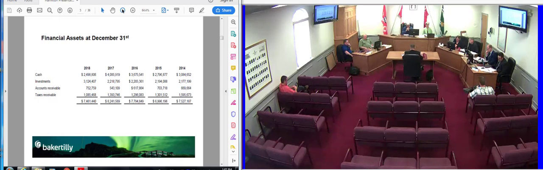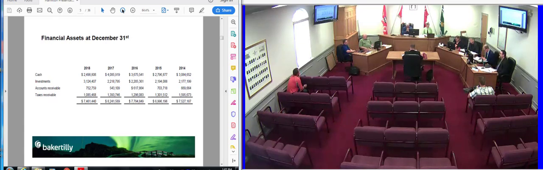But still, you're sitting in a fairly healthy position there as well. Accounts receivable, the amounts that others owe you. With all your capital work, you had a fair bit of HST outstanding from the federal government, as well as monies from developers and some monies from grants from the federal government for Gore's Landing and things such as